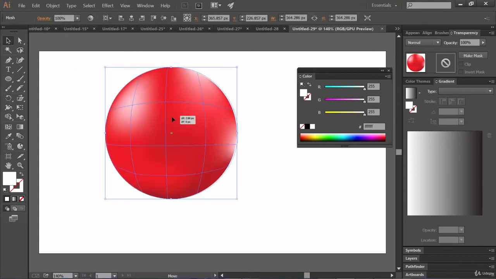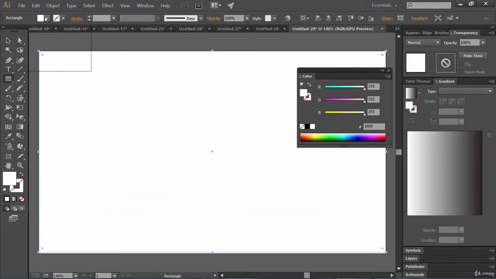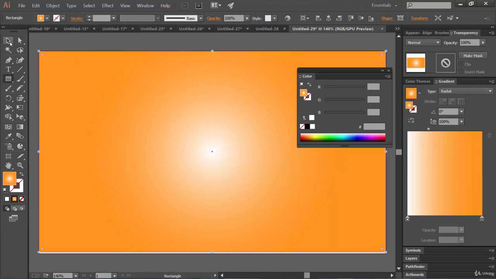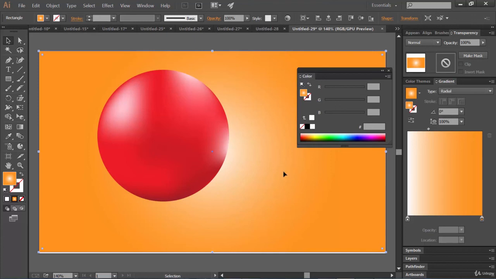Now using the rectangle tool, let's provide a background. And we will provide a radial gradient, and we will send it to back.